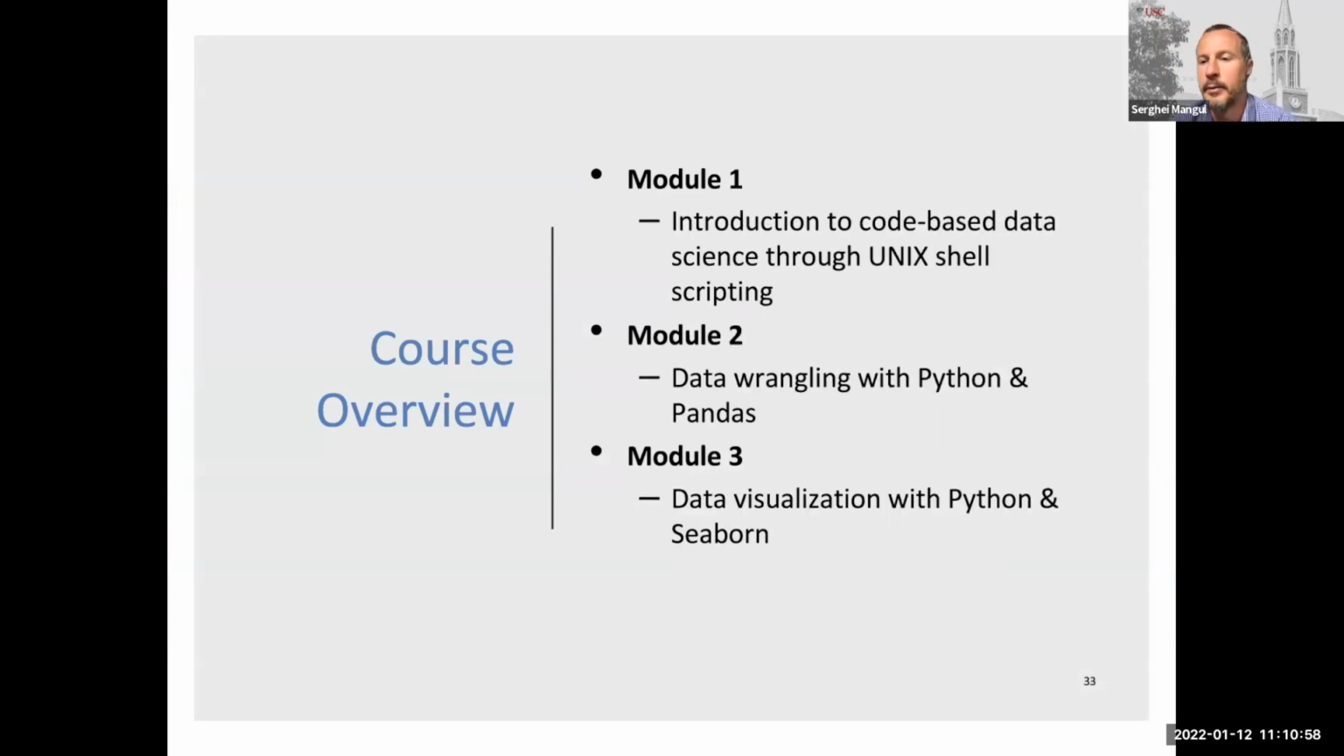We'll start with module 1, which we're doing right now, Introduction to Code-Based Data Science through Unix Shell Scripting. And then module 2, we'll do data with Python and pandas. We'll use precisely the pandas library to process Excel style files, like CSV files, comma delimited files,